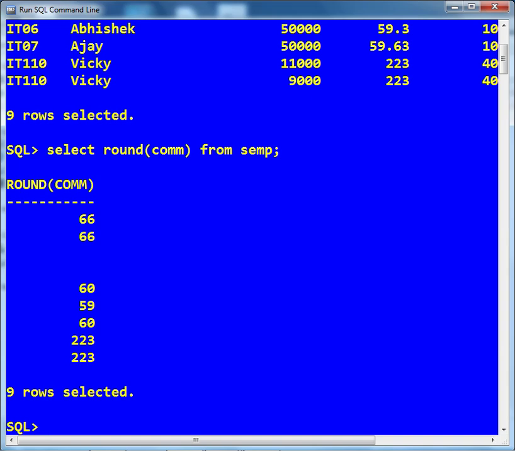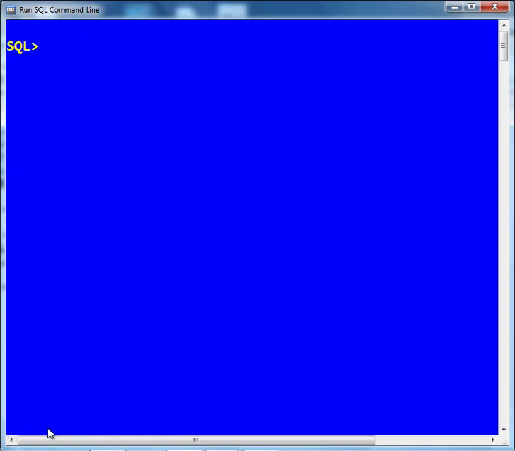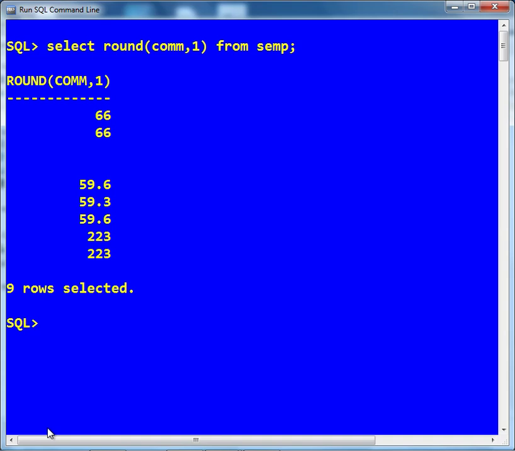So in this way we can use round figure, and I can use it on any number. First clear screen. Now, to round to one digit after the decimal, it will give me output with one digit after decimal.